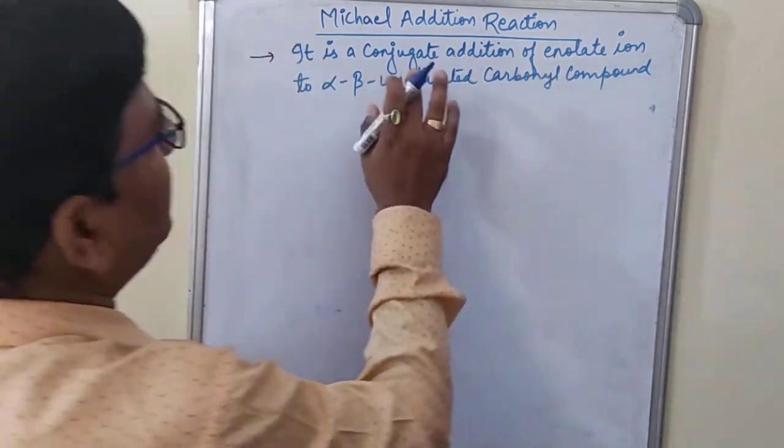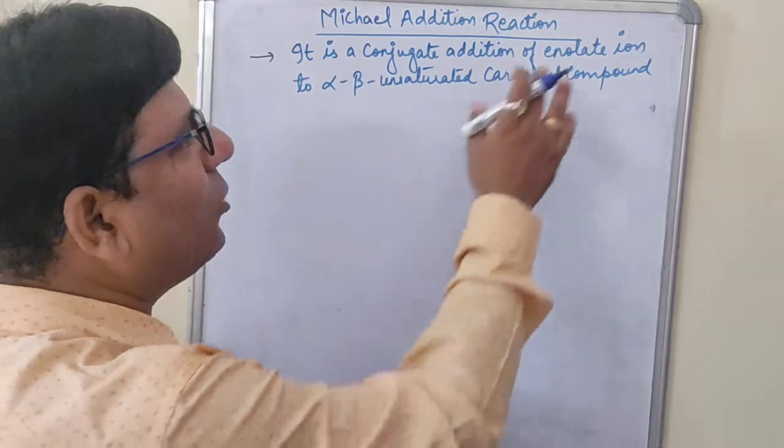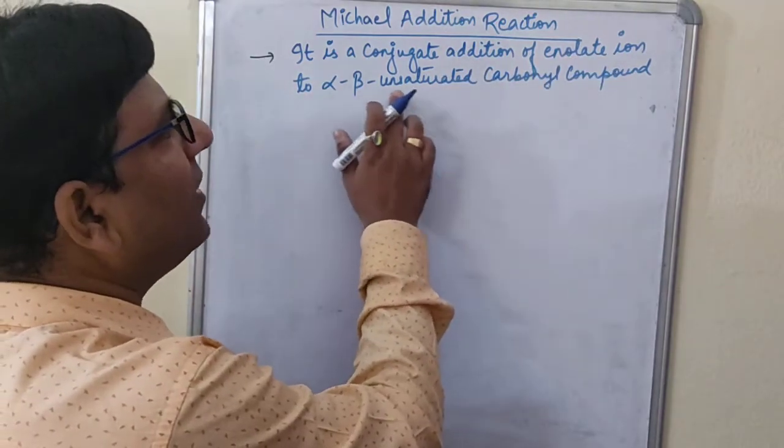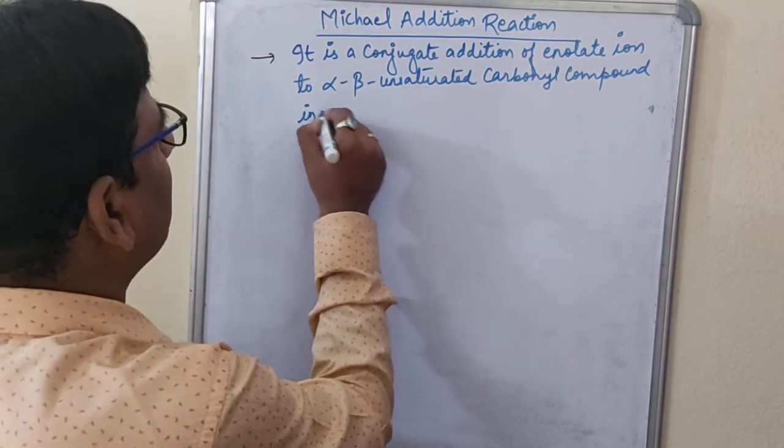Okay, it is basically what? It is basically a conjugate addition of enolate ion to an alpha beta unsaturated carbonyl compound in the presence of